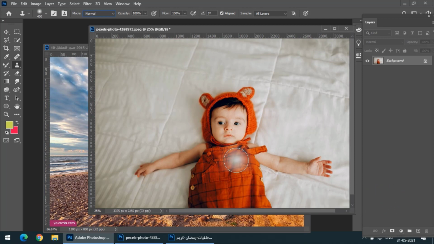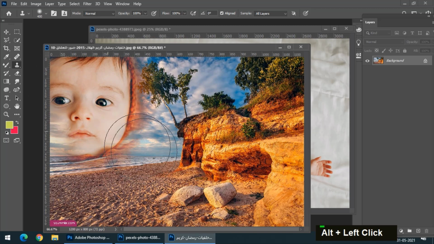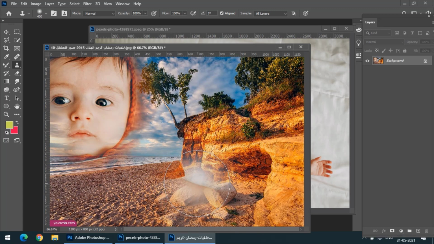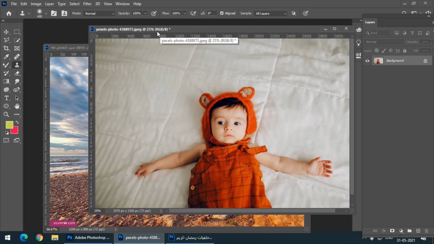So it is used for blending into the backgrounds, like similar, let's say I want to use this particular image in this image. So as you can see, it is not blending into the background, but we can still try to blend into the background without changing its color. So it will depend upon our skills, how it works. But you get my point. It doesn't blend into the background, it simply clones.